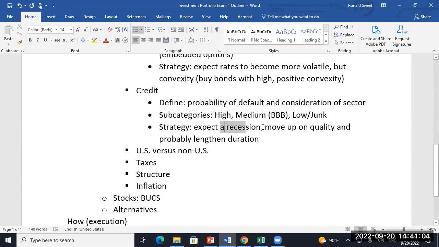So is it possible we'll have a recession with inflation, with higher interest rates? That's possible. What do you do in that scenario? Boy, we struggle on that. We'll talk about commodities and real estate, maybe some things that would do kind of well in that environment, but it gets tough. All right.